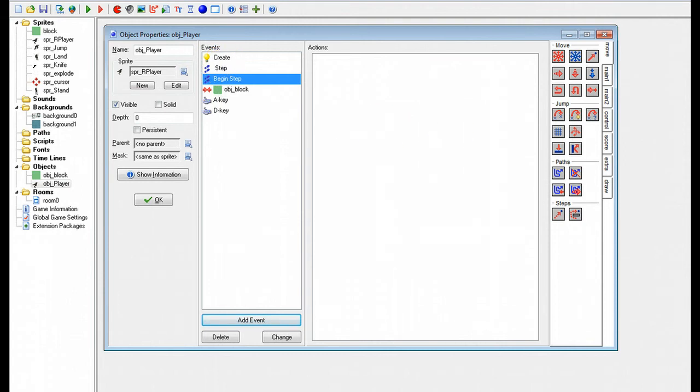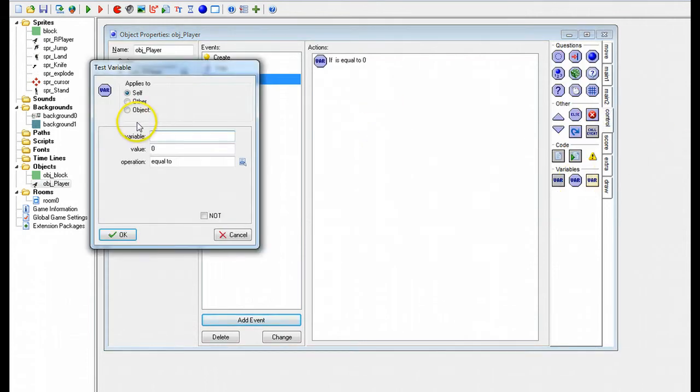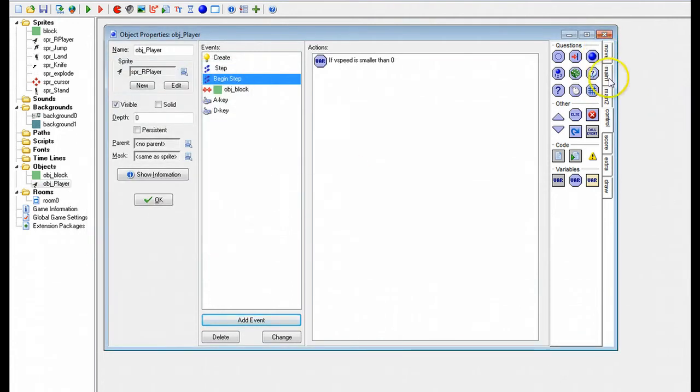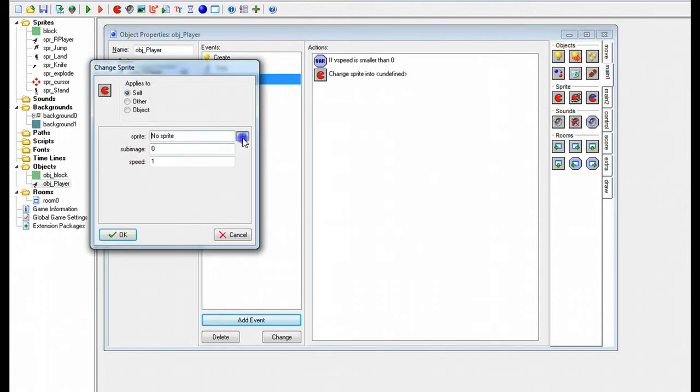So what we need to do is check to see if the object's in the air. If the player's in the air, we want to play the jump animation. If the player is falling, we want to play the landing animation. If the player is on an object, we want to change it back to the moving animation, and so on. So let's do that in here. We'll check if v-speed is smaller than 0, so it must be negative, then we're going to change the sprite into